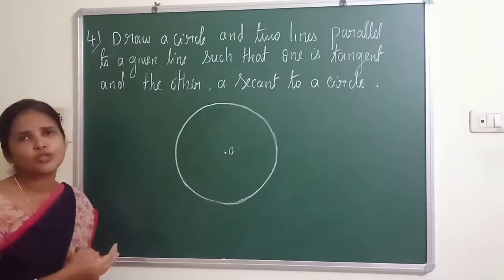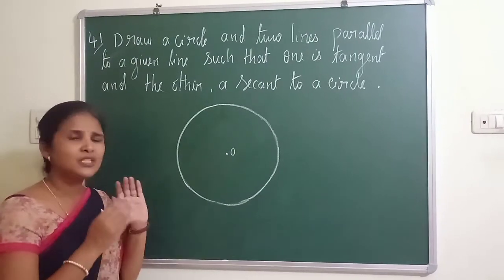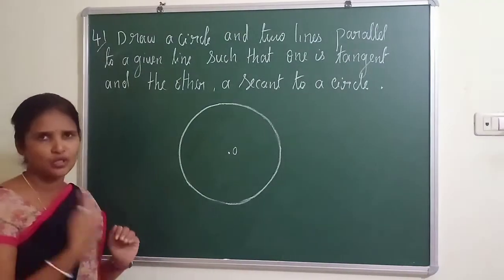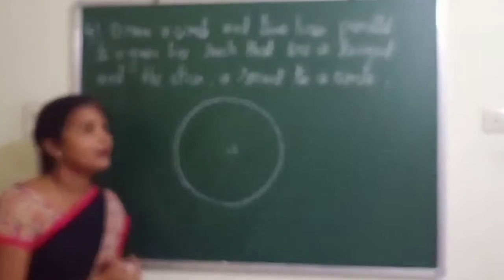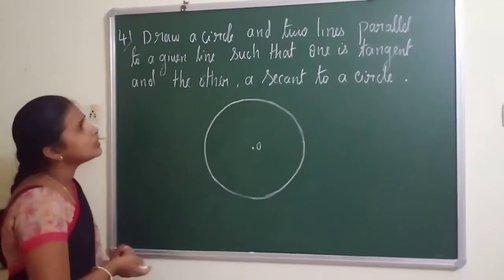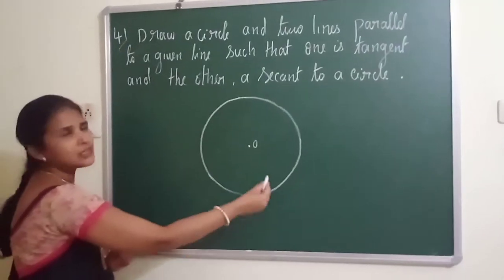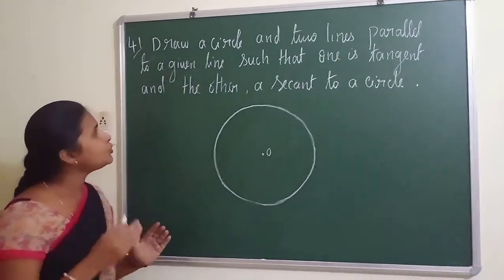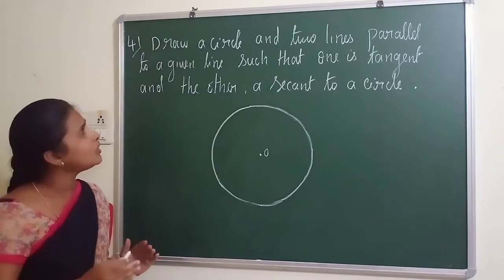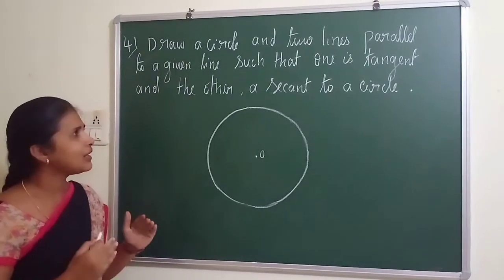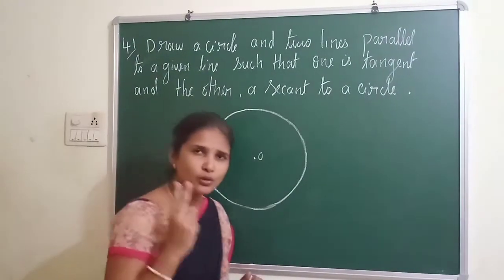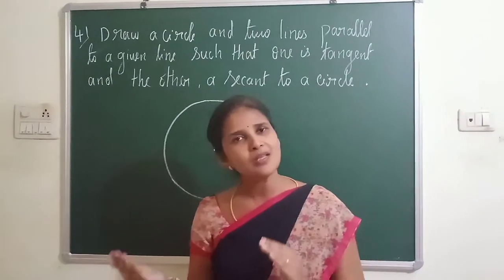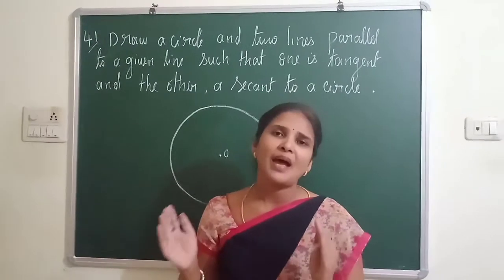Let us move to the next question, that is question number 4. This is a very simple question which they may not ask in your exam. It is only a logical question which you can understand. So he has given: draw a circle. I have drawn a circle and 2 lines. You have to draw 2 lines parallel to a given line such that one is a tangent and the other is a secant. Among the 2 lines, one should be a tangent and the other should be a secant, and both should be parallel to each